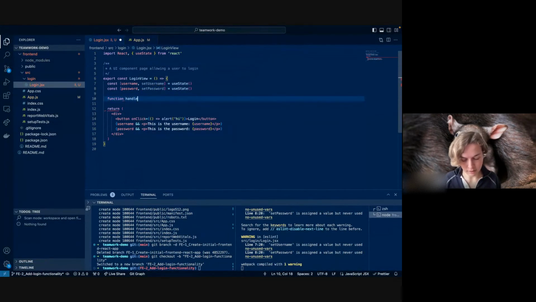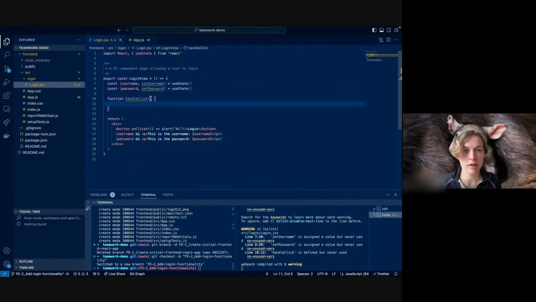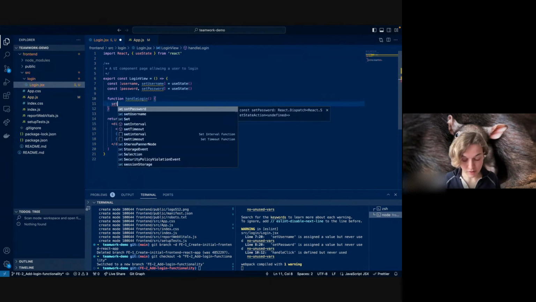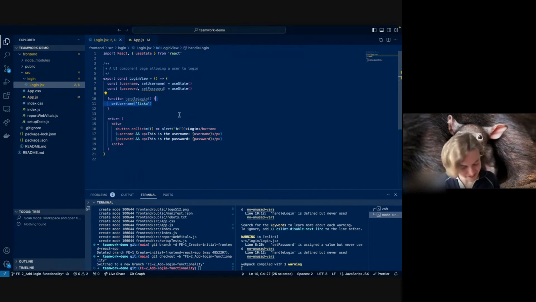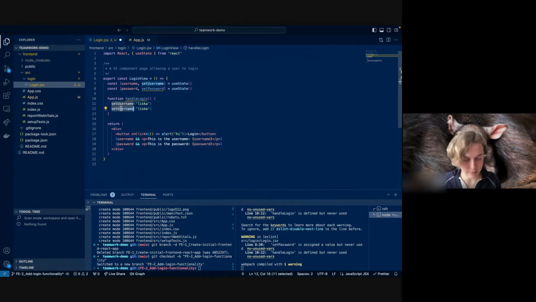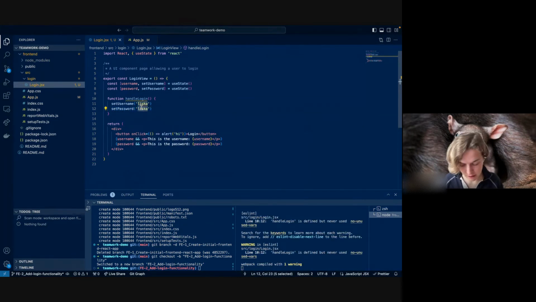Function handle click, fairly standard naming. You could also do handle login if you wanted. Let's do handle login. Okay, and this is not how a login is done, in case this is confusing, do not do logins like this. Yeah, this is just demonstrating a bit of documentation. Set password as well. Okay, so I'm going to put the login function here. And finally,